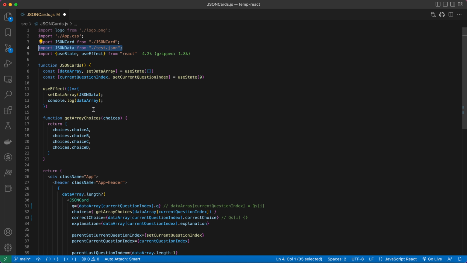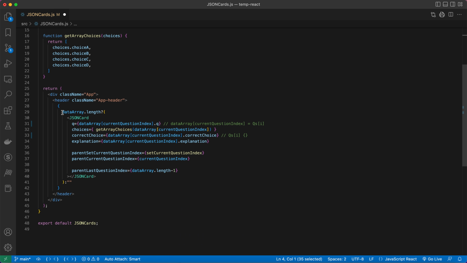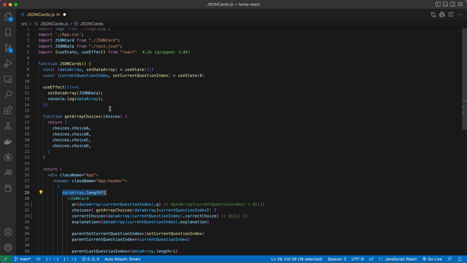Best practice, the way React developers do it, is you're going to check if the array is empty by first setting the array empty using useState data array equals empty array, and then importing it once the web page is done loading. Once the web page is done loading, then you actually override this blank array using the set method,